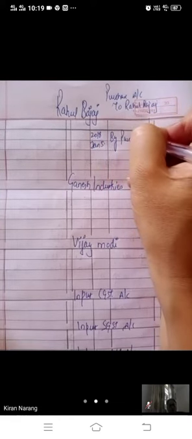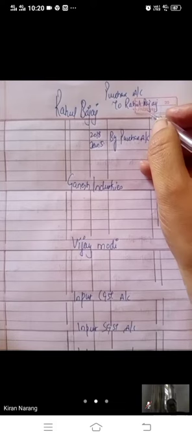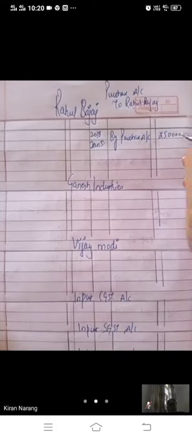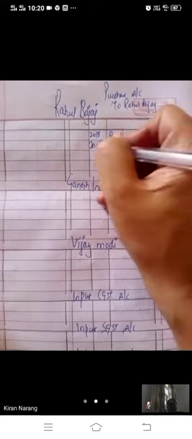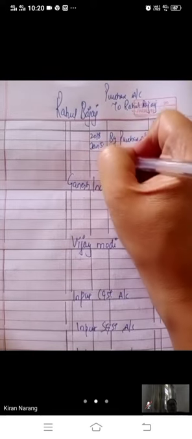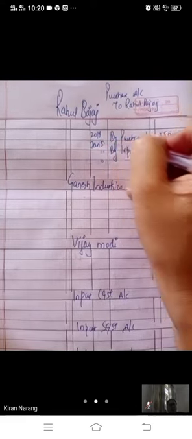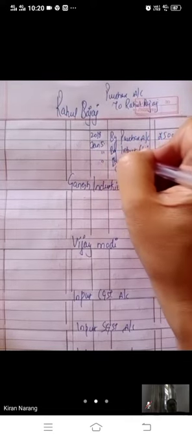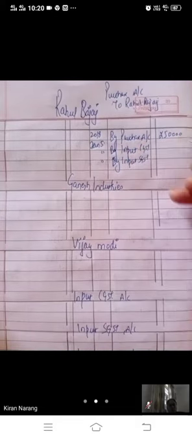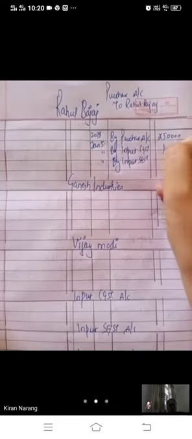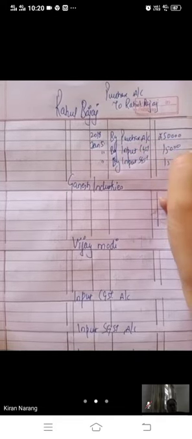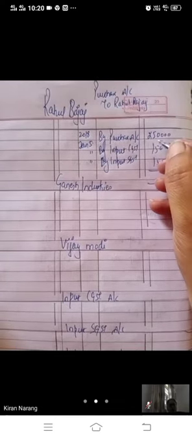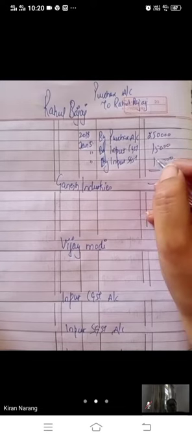We have purchased goods from Rahul. 2,50,000 was the purchase price. From the purchase column we will write. Then same date by input CGST and by input SGST, 15,000 each. If we want to do the total, it was 2,80,000.